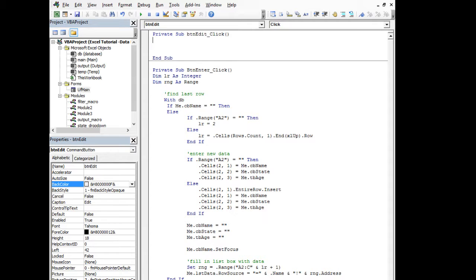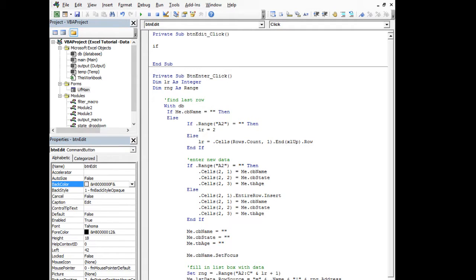If me dot cb name dot caption equals update, then